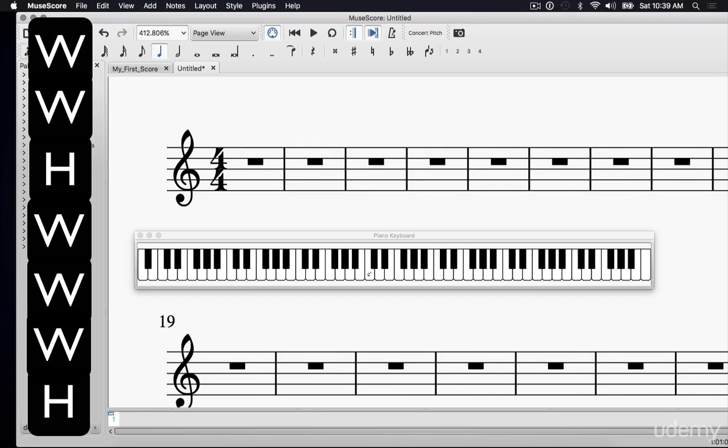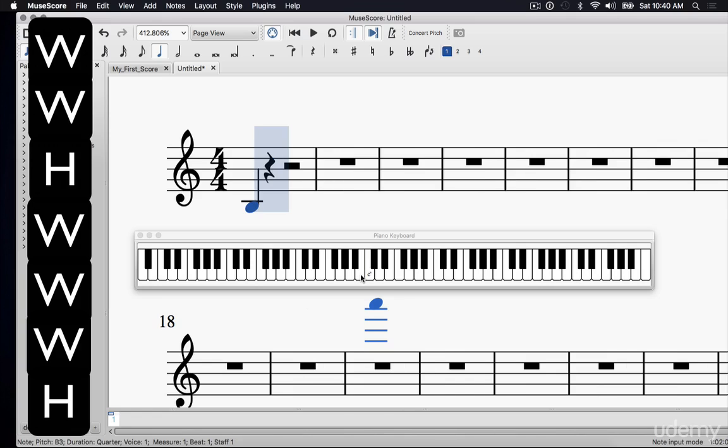Let's do one more. Let's do a weird one. Let's do one with a lot of accidentals. Remember, accidentals are notes with a symbol in front of them, flat or sharp. Let's do B. This is probably one of the weirdest ones. So let's start on B, and we're going to go